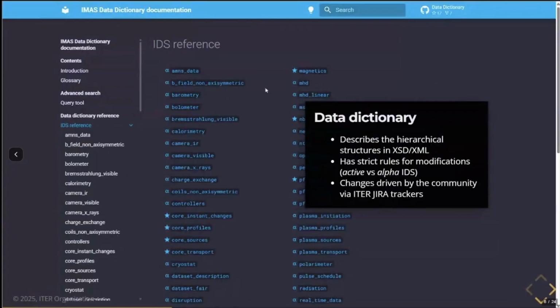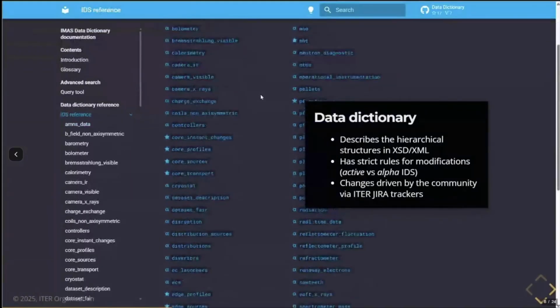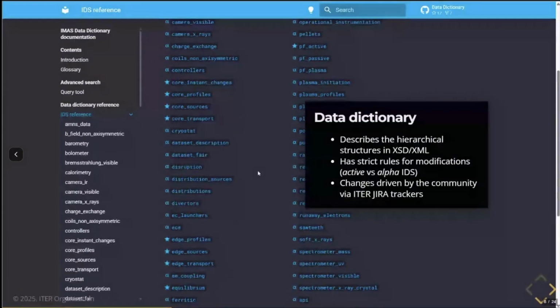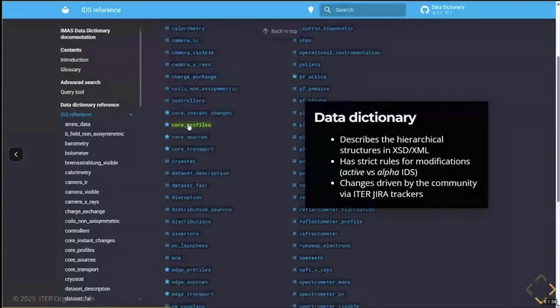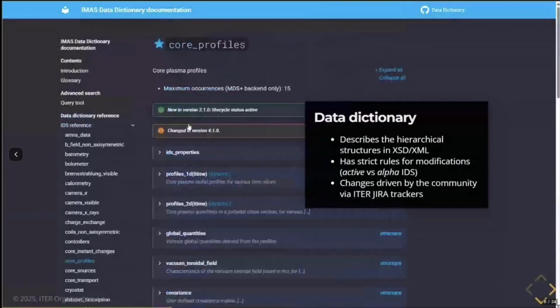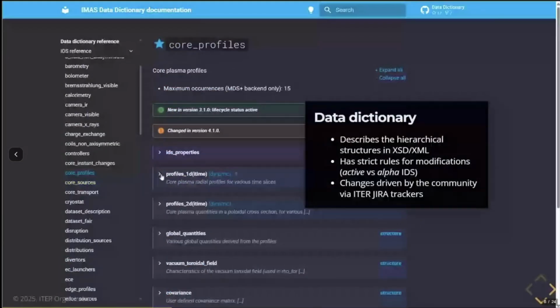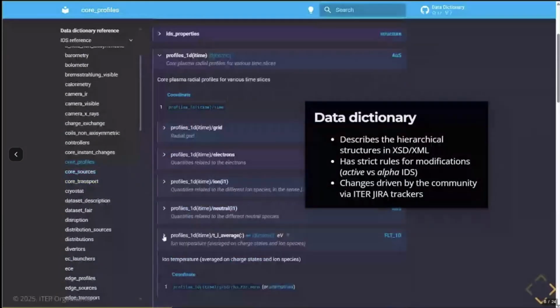From this XML description of each of these IDSs, we can then generate documentation, and we can do some code generation. This allows you to see, for instance, here, the entire list of all the IDSs for various subsystems, for various types of physics, for various phenomena inside a fusion device. Of course, you can go into any of these elements and then have the full description of any of these quantities with their definition, with their units, with their coordinates, if they are